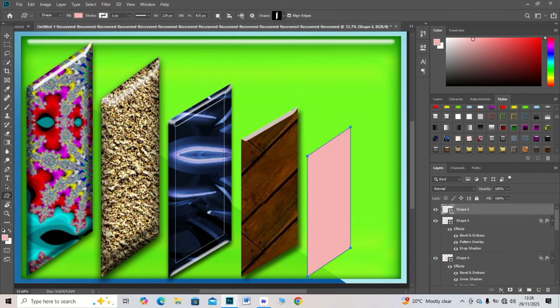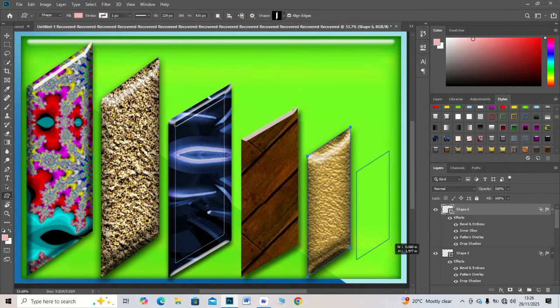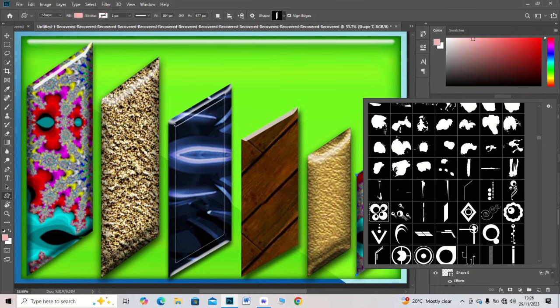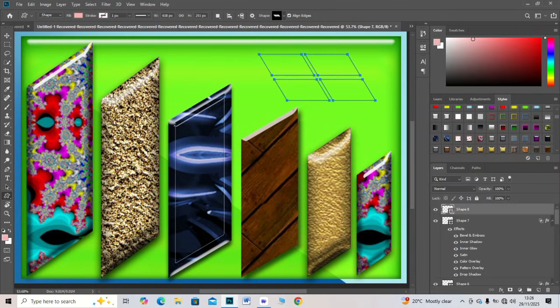Add labels under each icon. Use clean, thin text for modern style. Check spacing between all elements. Adjust align until perfect. Your minimal